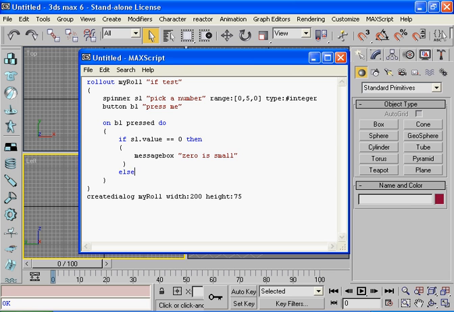In the first video we actually just put else and then another block of code. We didn't do any further tests simply for the fact that again we had a spinner that only had 2 values. But this time we can actually put an if statement after here if we wanted. So else if s1 dot value, so if the value of s1, and this is something different that I want to show you. I don't want to test 0 again because we've already tested 0. So what we'll do is use the greater than sign, just a forward arrow, just greater than. So if the number's greater than 0,